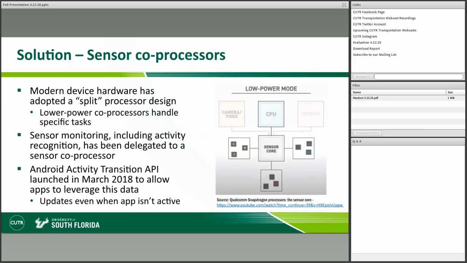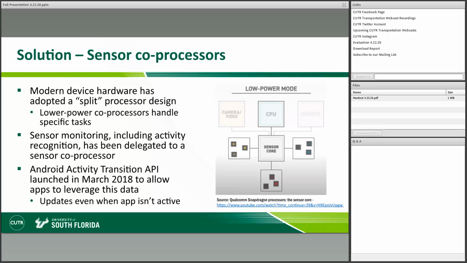So there have been some advancements in mobile phone hardware, and a lot of this has been driven by the concept of having apps that can monitor the user's health and activity and steps throughout the day, that type of thing. So that's driven this design where instead of having to power up the main CPU to do these periodic tracking tasks, we now have something called sensor coprocessors.